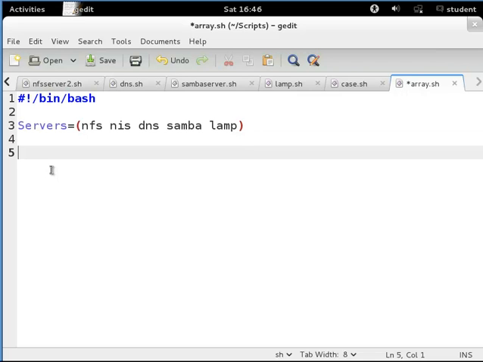So let me give you an example, for instance. Say I wanted to access DNS, right? You're like, well, that's number 3, right? So you're probably thinking, well, dude, that would mean I would need to say 3 in there to access that third element, right? DNS is the third one, right? But no, the computer starts counting at 0. So subtract 1 from what you think it would be. So NFS is 0, NIS is 1, and DNS is going to be 2, Samba is going to be 3, and LAMP is going to be 4. I'll prove that